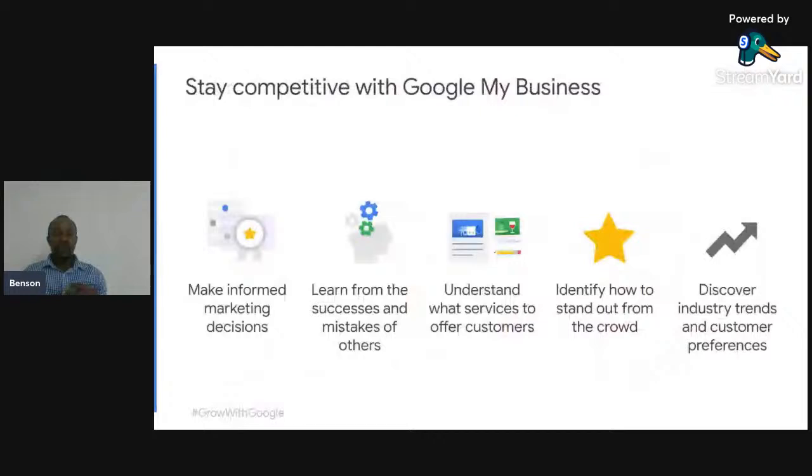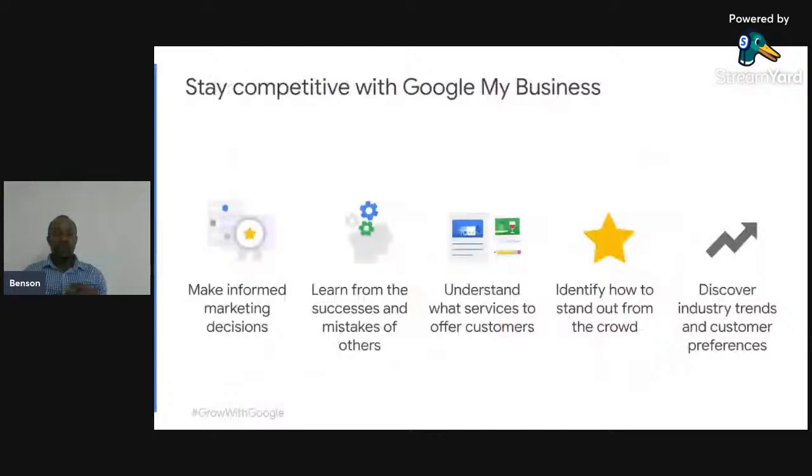So we say that having a Google account helps you stay competitive and boost customer engagement in your store. But you are also able to make more informed marketing decisions based on customer feedback and reviews. You're able to know this product is not performing as it's supposed to be. For example, if 2 or 3 customers review that the shoe got torn within 2 days, it means that the product is not good, and you can change or review the product and know how to work. So you're able to make an informed marketing decision about products,